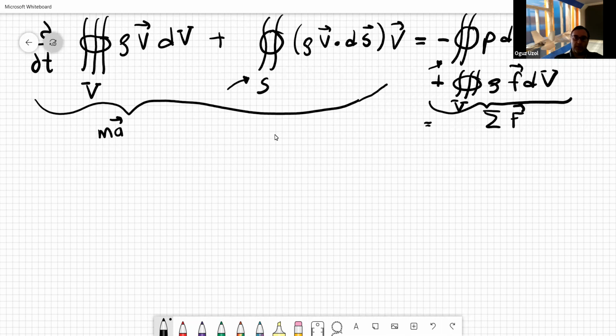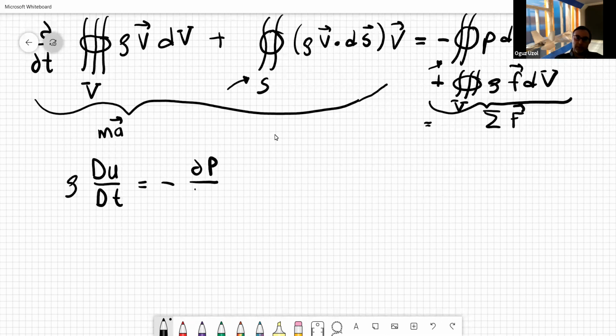I'm not doing this because this is very fundamental. I'm not doing it here in this class, but everything turns into a volume integral, which can then be used to obtain the differential form of the equation. For example, for the x component of the momentum, so for the x component of the velocity, let's say u, this will be equal to